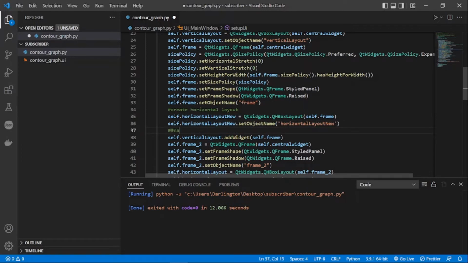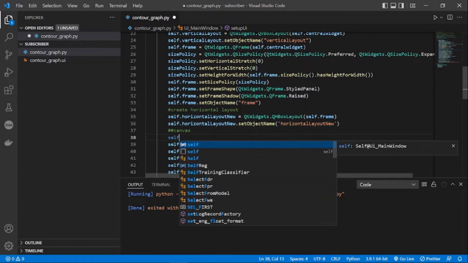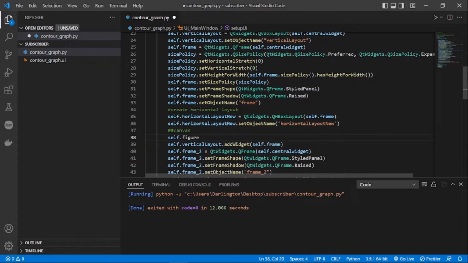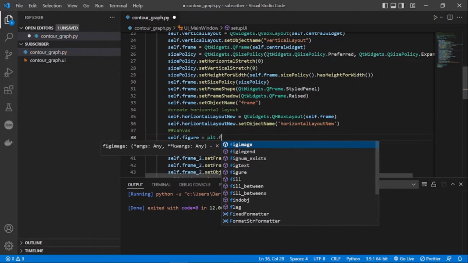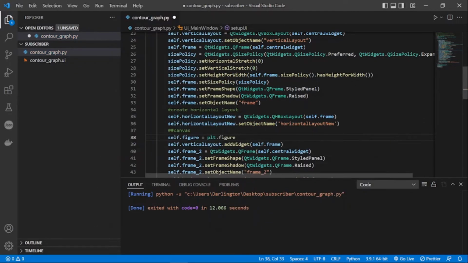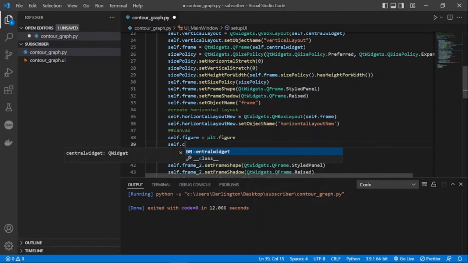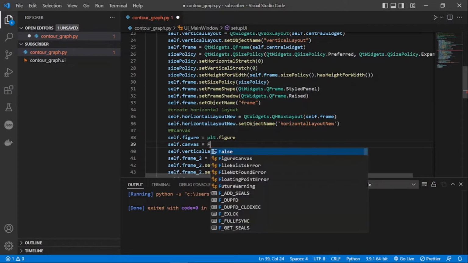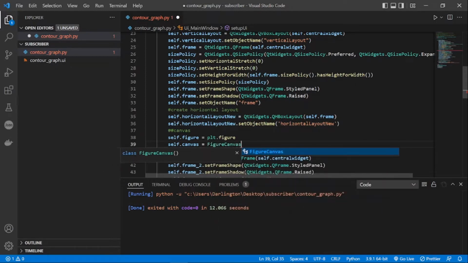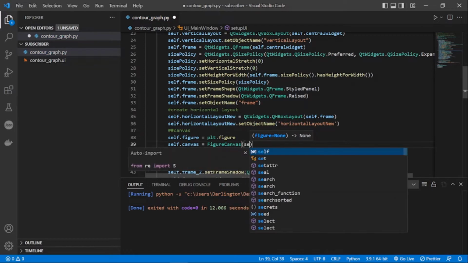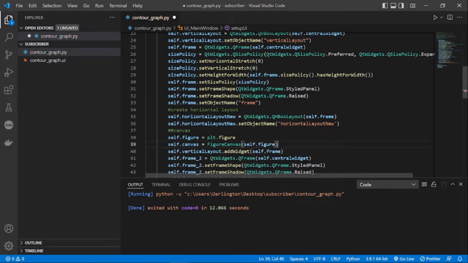All right, so now I'm going to put the canvas. So I'll say solve.figure equal to plt.figure, and then I'm going to say solve.canvas is equal to figure canvas, and then solve.figure. Okay, so let's just say end of